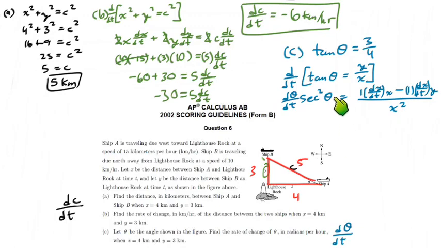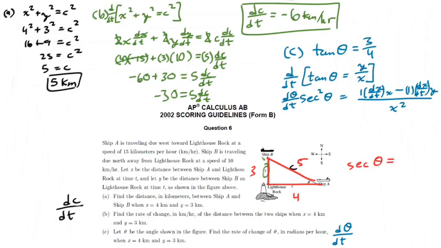Now, in order to plug in a theta, I need to know what theta is. And so I'm going to set up an equation, and we can set up a lot of different types of equations. We can use sine, cosine, tangent, cosecant, secant, or cotangent. I'm going to use secant so that this secant will cancel out with this stuff. But there is another way to do this. My way is not the only way. So if I said secant theta